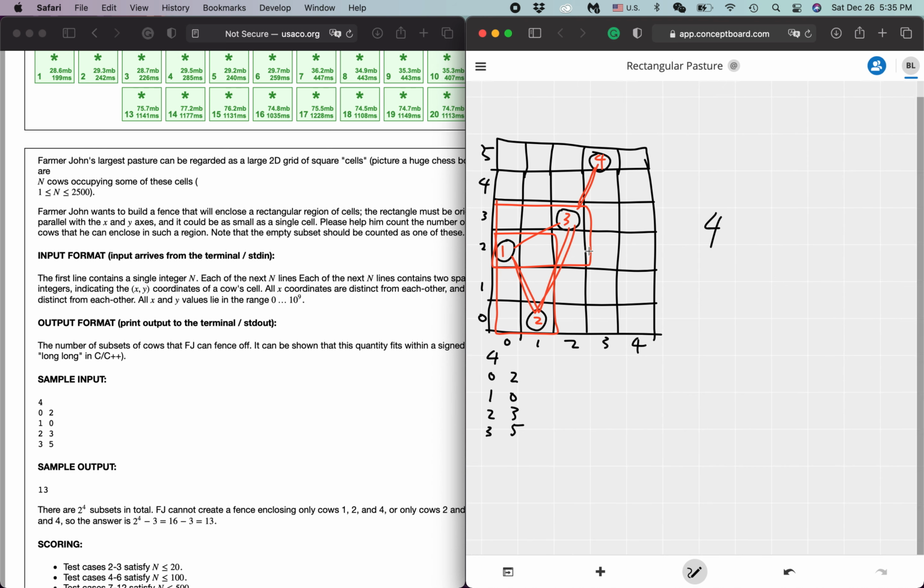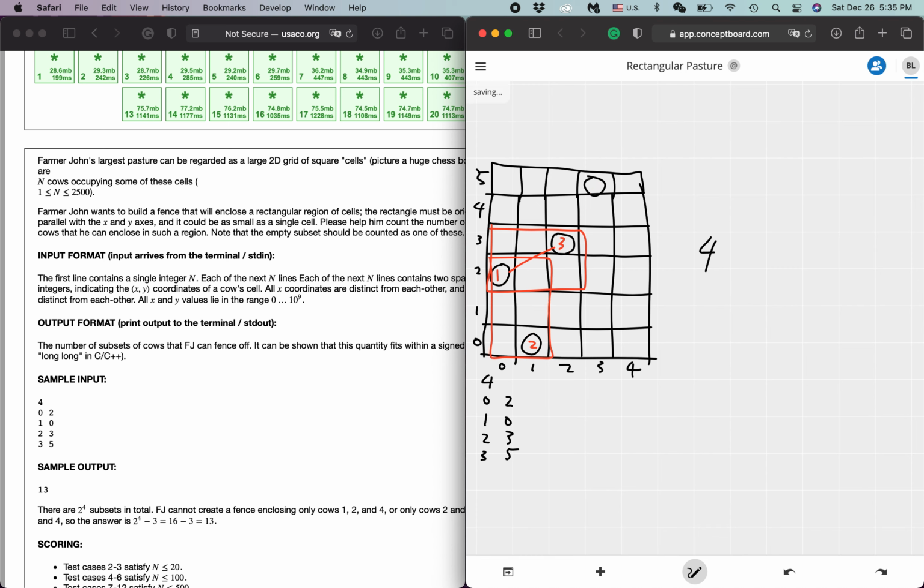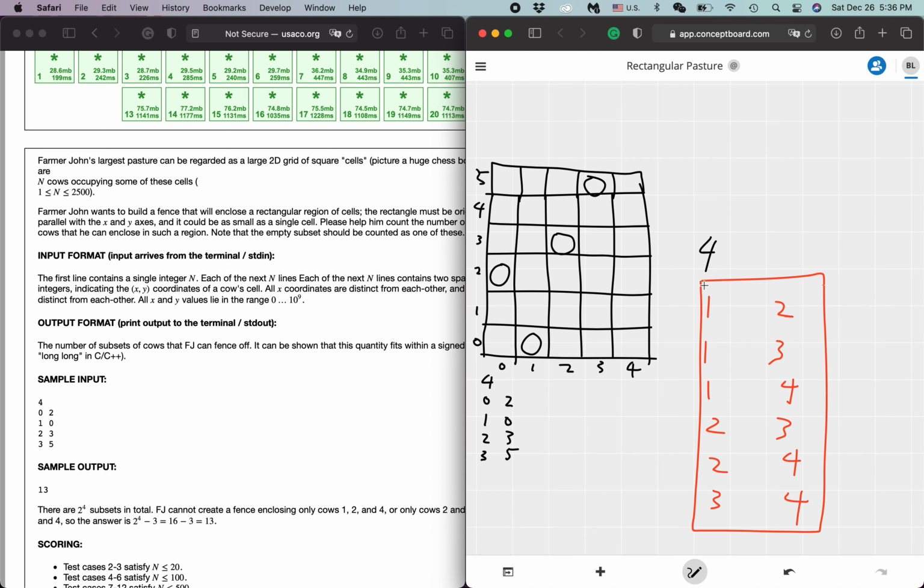So essentially what we're doing is just trying to find, for this case, connection between node 1 and node 2, node 1 and node 3, node 1 and node 4, 2 and 3, 2 and 4, 3 and 4. So all we need to do is look at how many ways can we create a fence around 1 and 2? How many ways can we create a fence around 1 and 3? How many ways can we create a fence between 1 and 4? So on and so forth, right? Okay, so